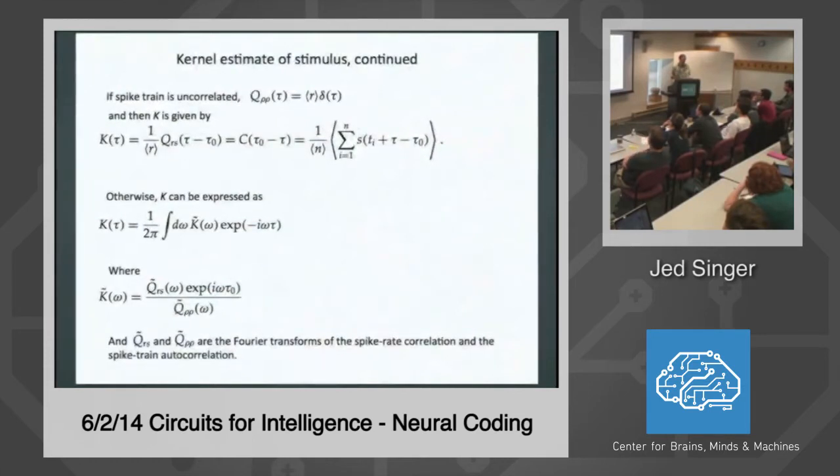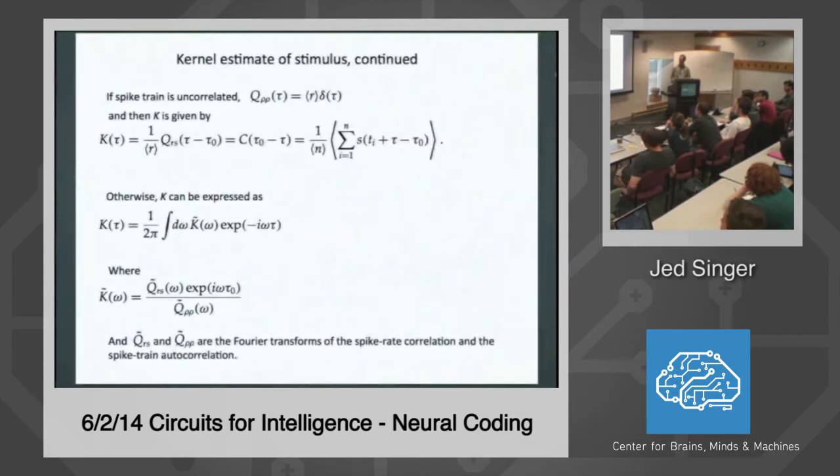If the spike train is uncorrelated with itself, which is realistic when firing rates are low and the time window of consideration is small, then the optimal kernel is just the spike-triggered average at tau naught minus tau, exactly as I described pointing at the cartoon. Spike-triggered average, temporally reversed, and shifted by tau naught. Things get more complicated when the spike train is correlated